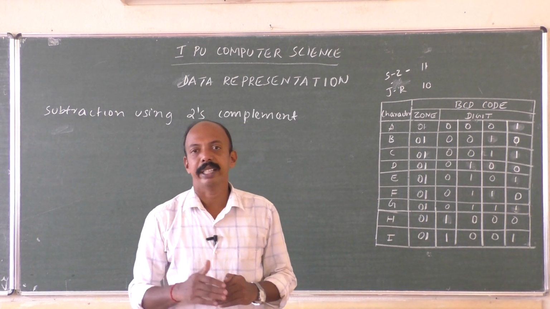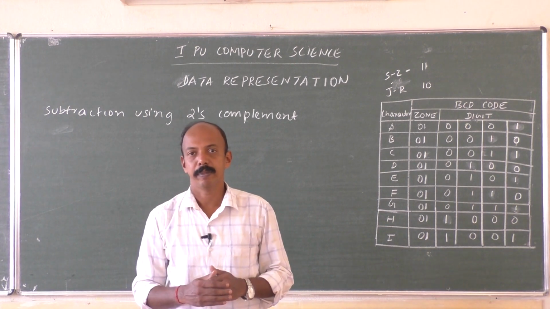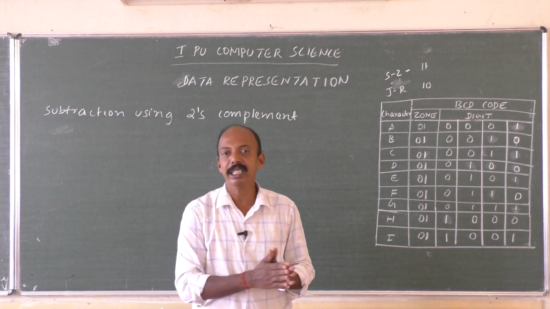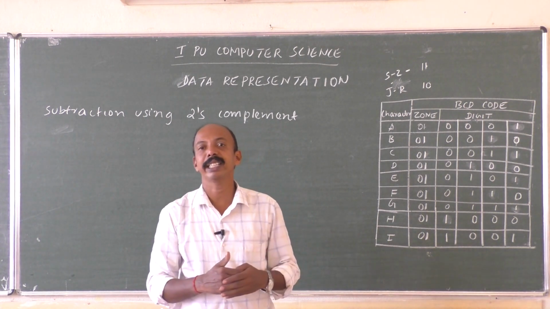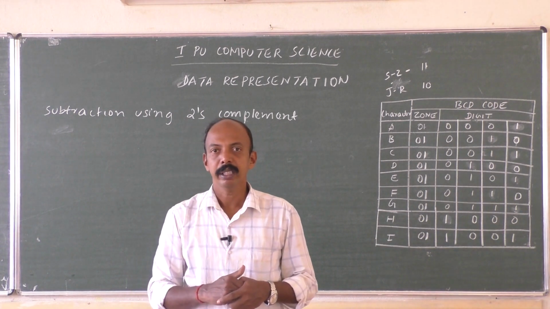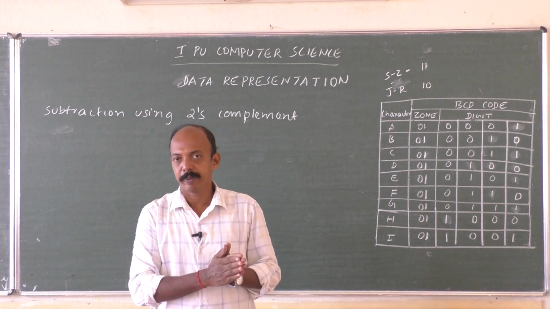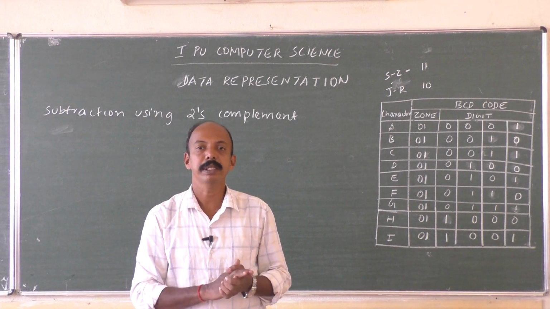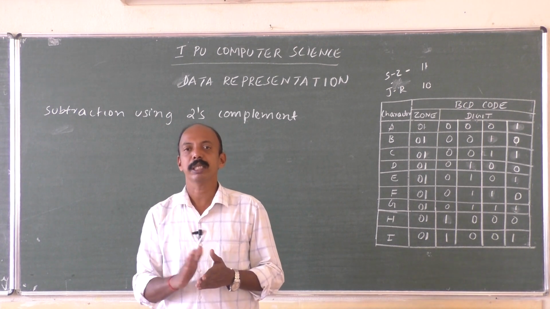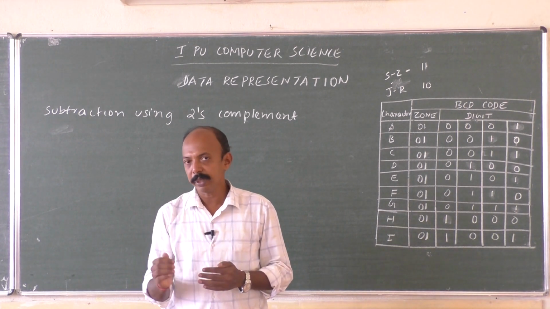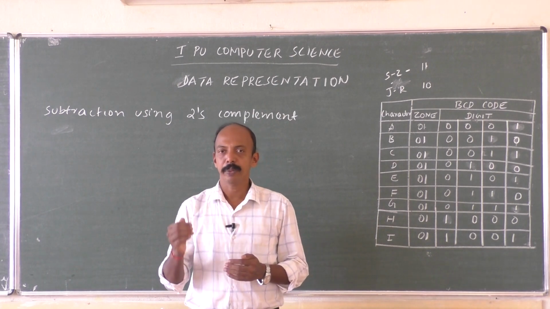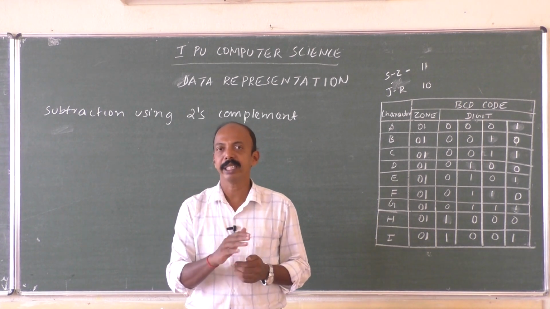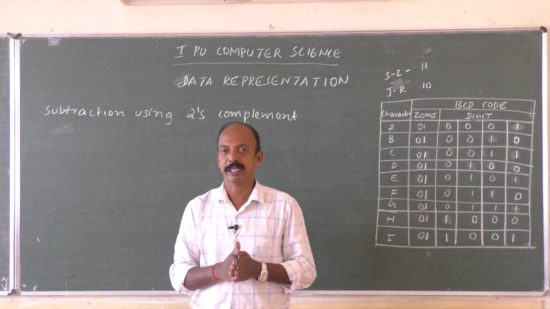Look for the end around carry as we have done in the previous case. Here also we will have an end around carry. Just discard the end around carry. We have to neglect it, and that will be the answer. If you don't get the end around carry when we subtract a smaller number from a larger number, what happens? That means we have gone wrong somewhere. Otherwise, whenever we are subtracting a smaller number from a larger number, we will get an end around carry, which we have to neglect or discard, and the remaining part will give the answer.